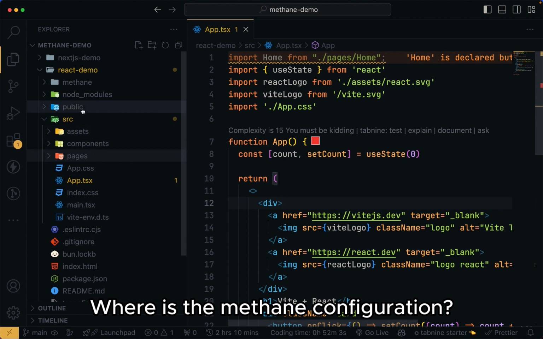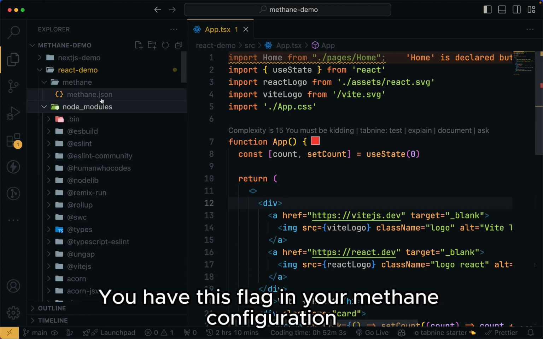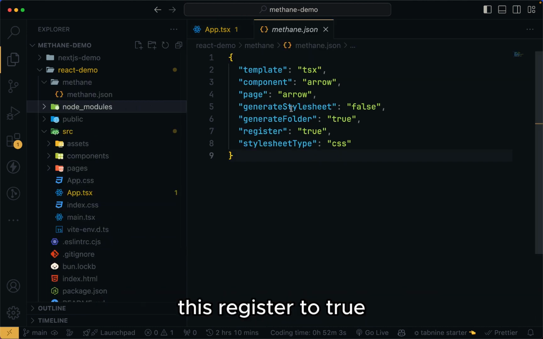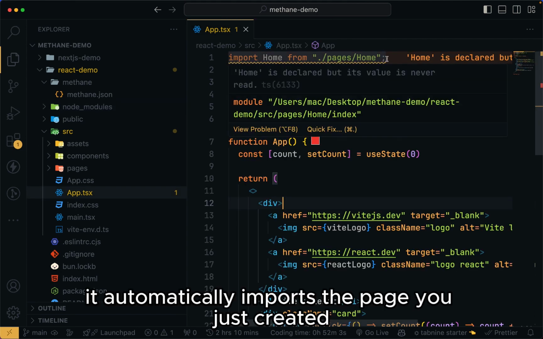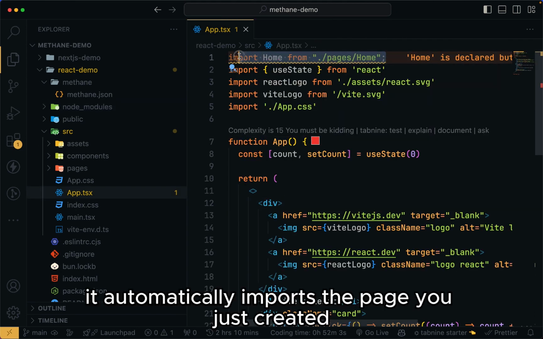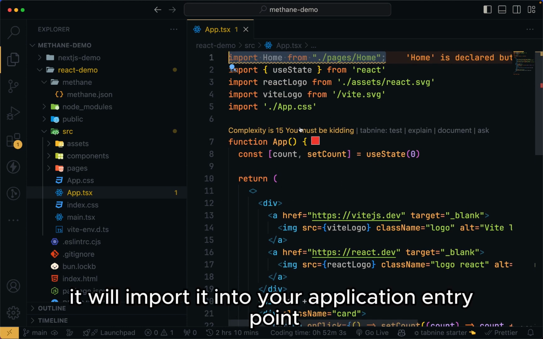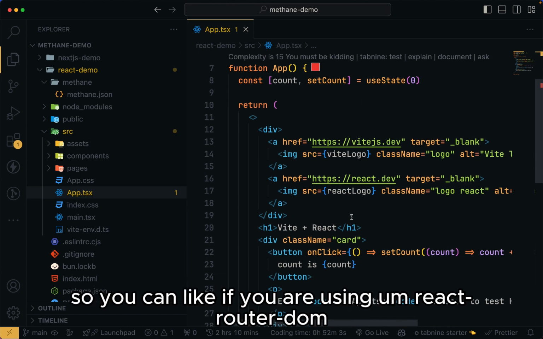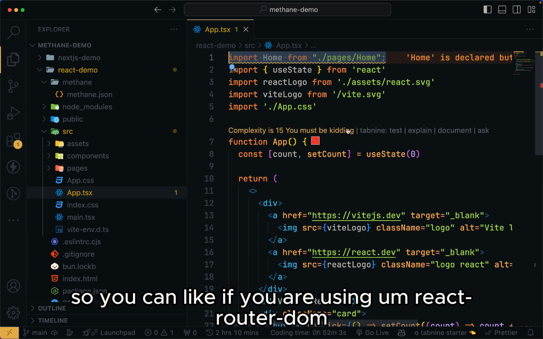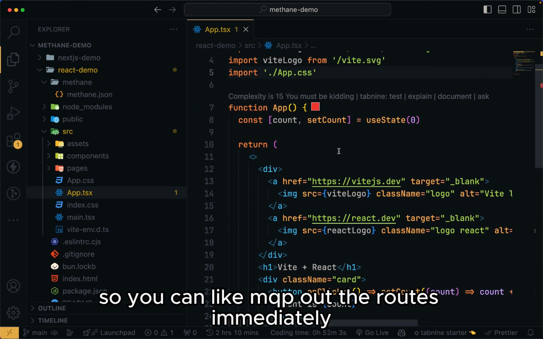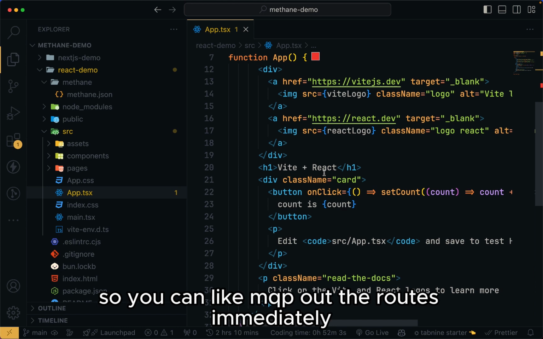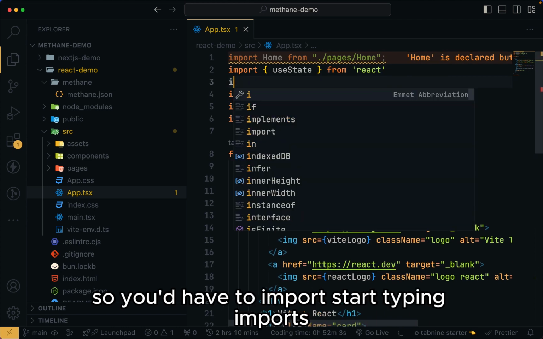Where is the Methane configuration? You have this flag in your Methane configuration, register, set to true. It will automatically import the page you just created into your application entry point, so if you are using React Router DOM, you can map out the route immediately, so you don't have to start typing import